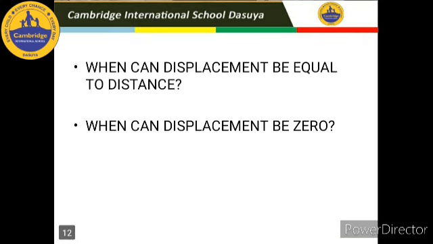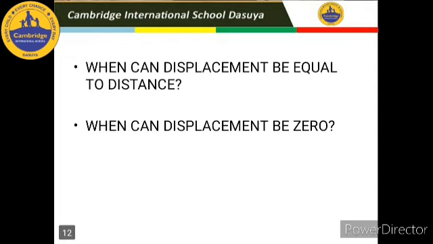Now, my question to you is, when will the displacement be equal to distance? We have already answered this in the previous examples. Next question is, when can displacement be 0? So, my dear students, displacement can be 0 if